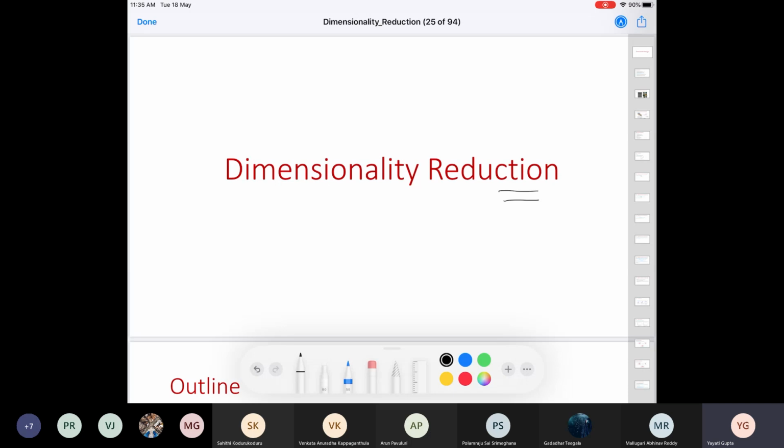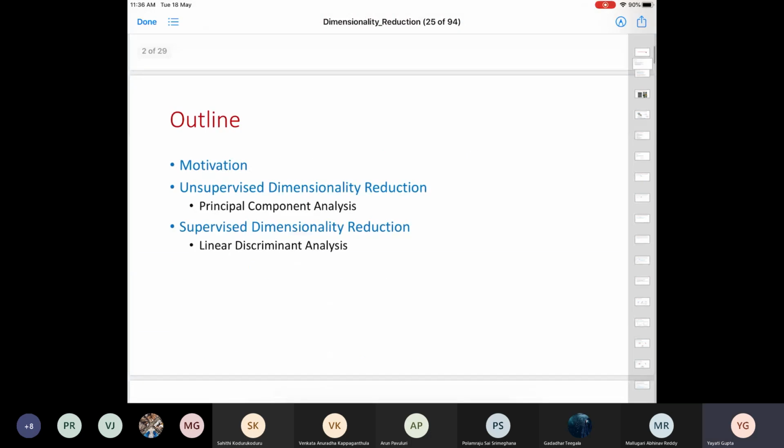Now, depending on what information you are preserving, there could be several metrics. So we will discuss some of these techniques today. Specifically, we are going to focus on one technique. However, I'll introduce you to some new dimensionality reduction techniques as well. Okay, so we are going to focus on principal component analysis today. But before that, let me just give you a brief outline.